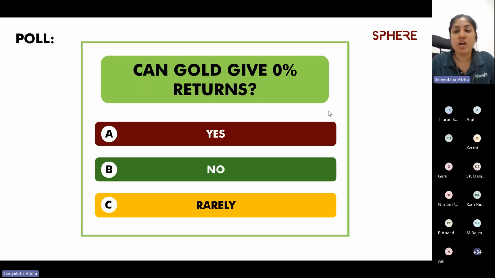Okay, so we have two answers for gold giving no returns. We have a couple of answers for rarely gives no returns. And then we have again a few answers for